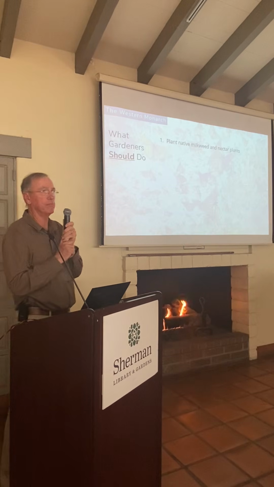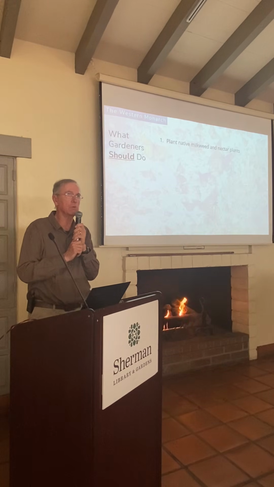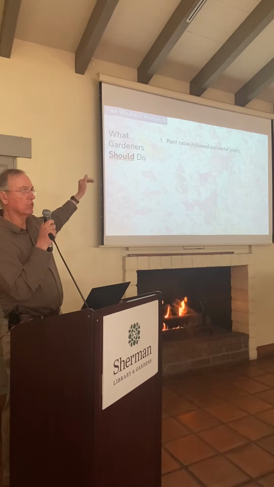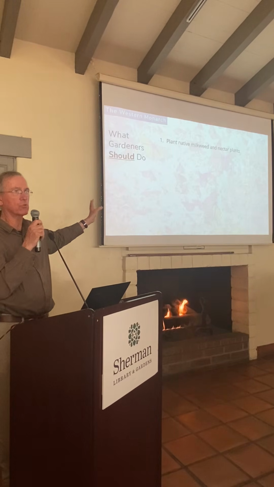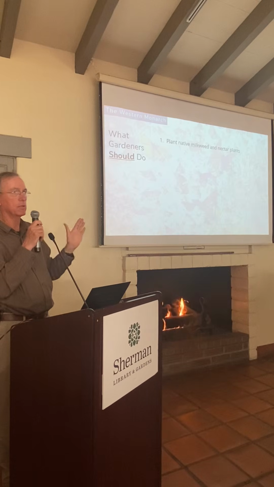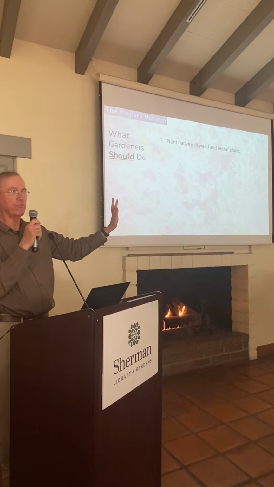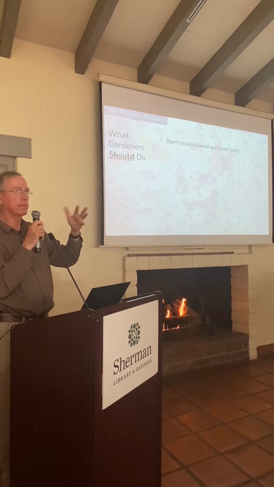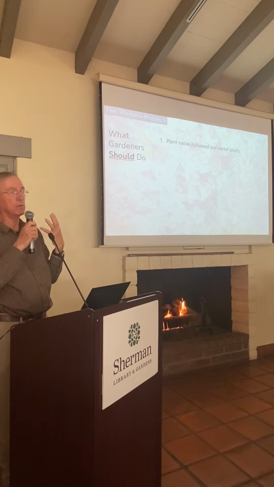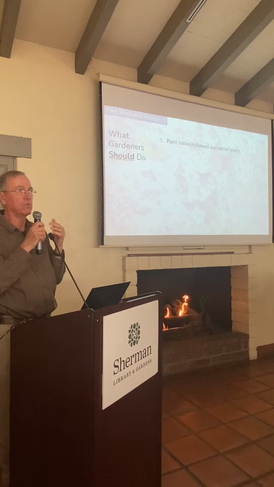Well, plant native milkweed and plant nectar plants. Now I want to say one quick word on that. Way back, if you look at the maps of where the milkweeds grow, they don't grow right along the coastal strand of most of Southern California. They grow a little bit further away from the coast. That's not an accident. That's because of the whole way that monarchs and milkweeds have co-evolved.